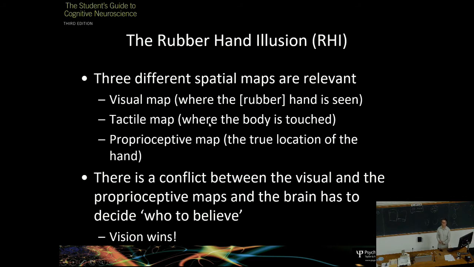You have then a tactile map of space. So your body surface has its own particular map of receptors. But all your tactile map knows is that your hand is being touched. That is all it knows. So at this point, all you know is that there's a hand in front of you being touched, and your hand is being touched. What you then have is another kind of spatial map, and this tells you where the